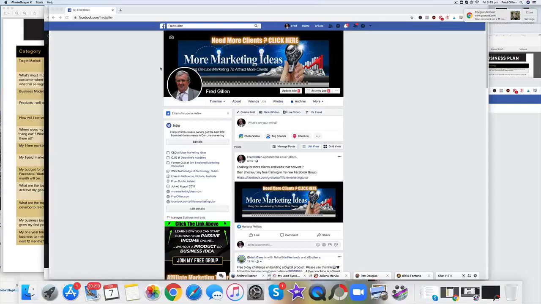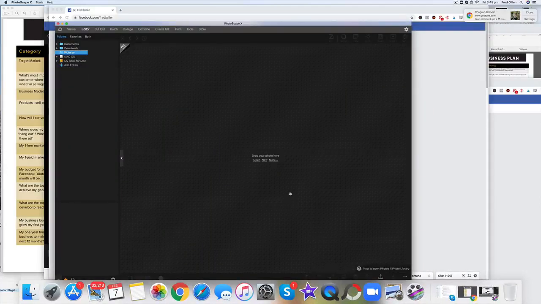In order to do that, I'm going to use a tool that I've demonstrated before, and that I'm using on my Mac rather than a PC, and it's Photoscape. It's available for both PC and Mac, and it's a free download. So what I'm going to do is create a new header file for our Facebook profile. So we're just going to create a new image,